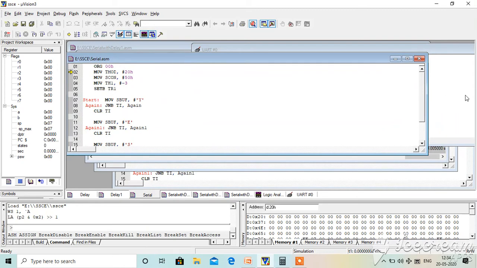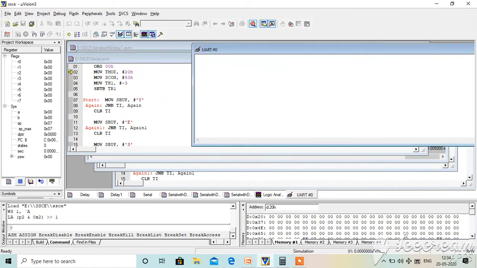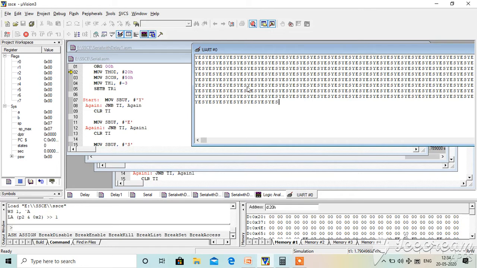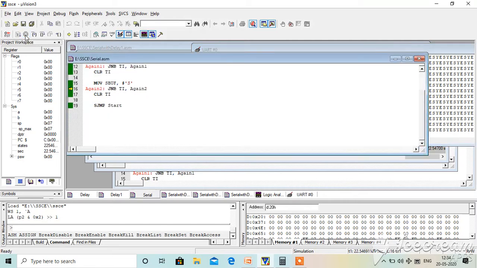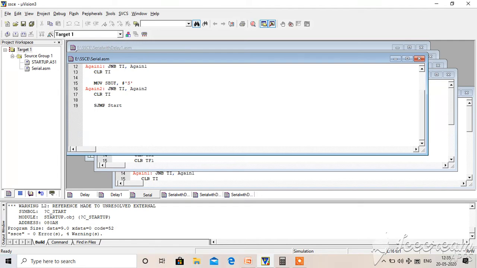Okay. So again here also, don't go for step execution. Go run. If you say run, observe, it keeps on sending. So we cannot observe. To observe individually, it is better to insert a delay between the characters.